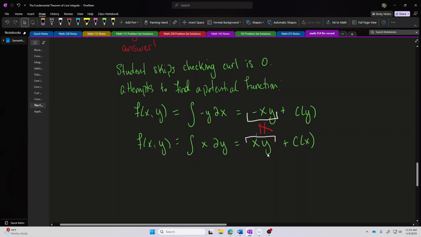The only difference between these two representations of the potential function should be that terms containing no x's are invisible in the first representation, and terms containing no y's are invisible in the second representation. But terms containing both x and y, like this one, should be visible and identical in both representations.